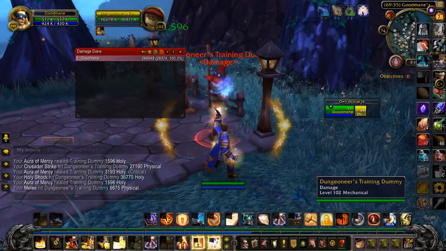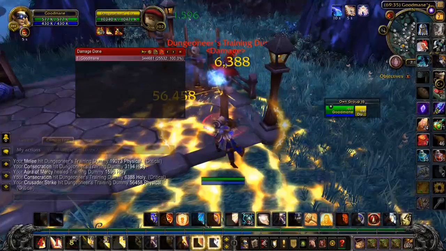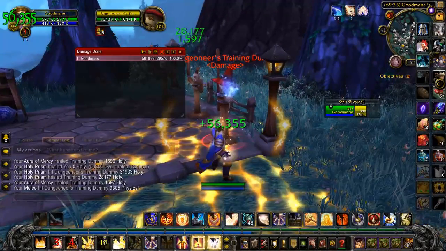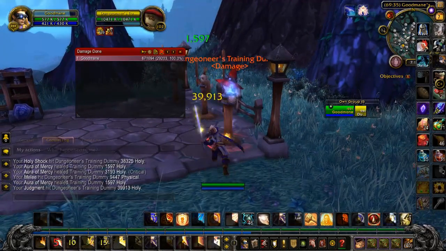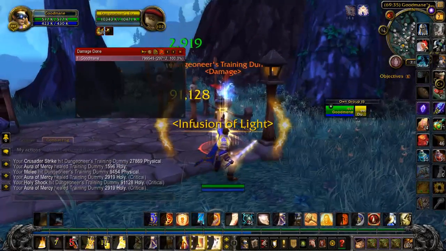The key with DPSing as Holy. Judgment increases the damage of Holy Shock and Crusader Strike. Crusader Strike cuts the cooldown of Holy Shock. So really what you should do is do Judgment, Holy Shock, Crusader Strike, as soon...